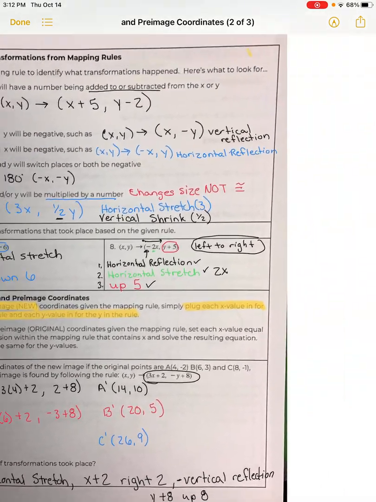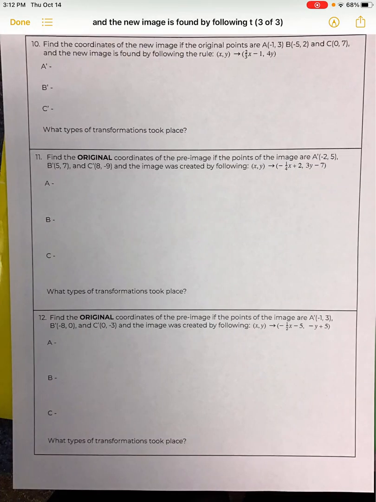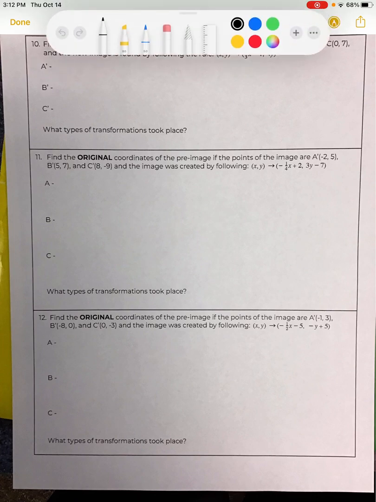I would suggest, let's see if I can get to the next one. There we go. The next one, I'm going to say pause the video, try it. I will do A with you, and then I want you to try B and C. And then I'll work through number 11 together, and then I'll have you try 12 on your own. So looking at number 10,